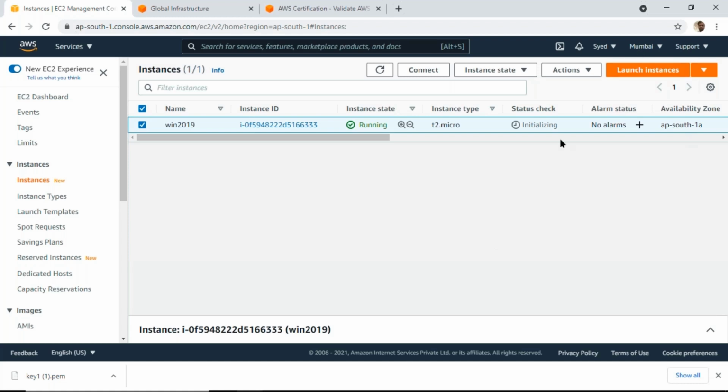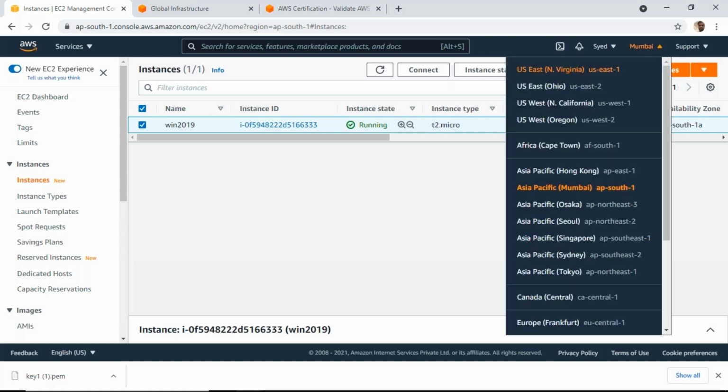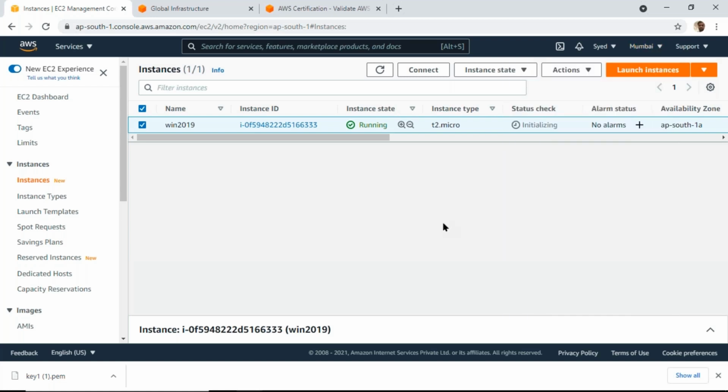We have to understand, in Mumbai data center I am working right now. Whatever servers, databases, applications I am deploying, it is deployed here. We can change also. We have to know in which region we have to deploy. So once the initialization is done, we have to understand here